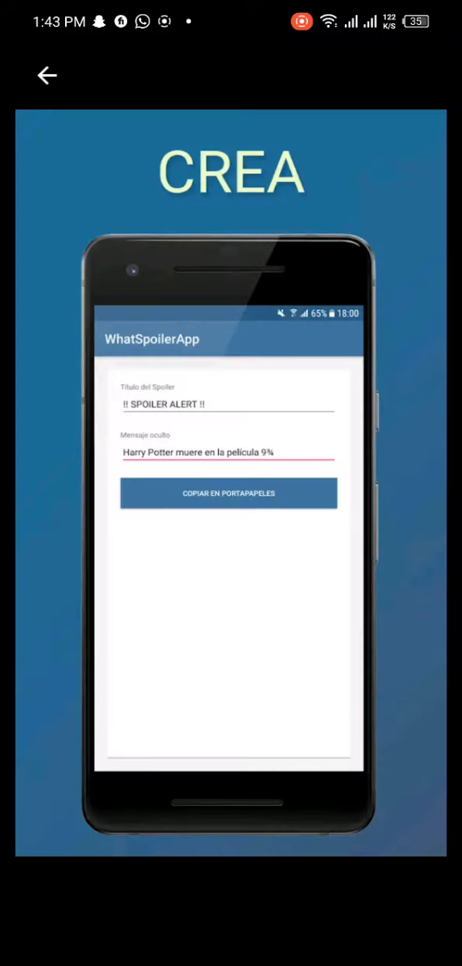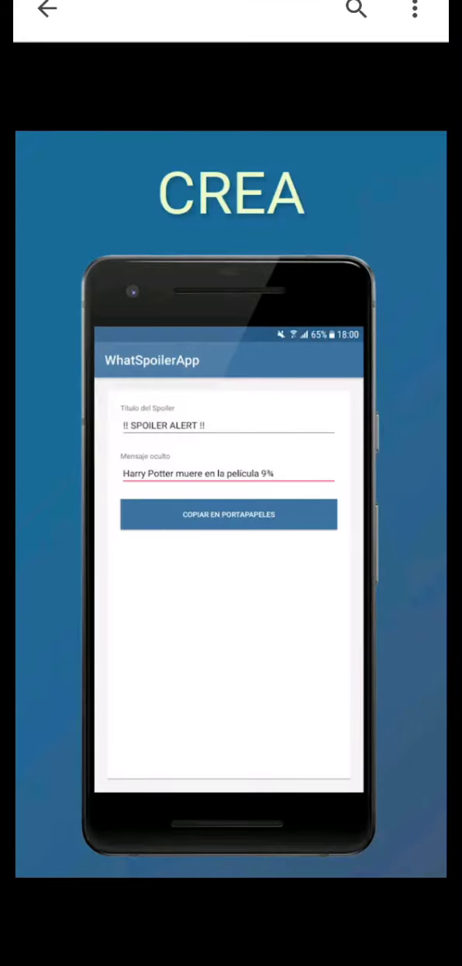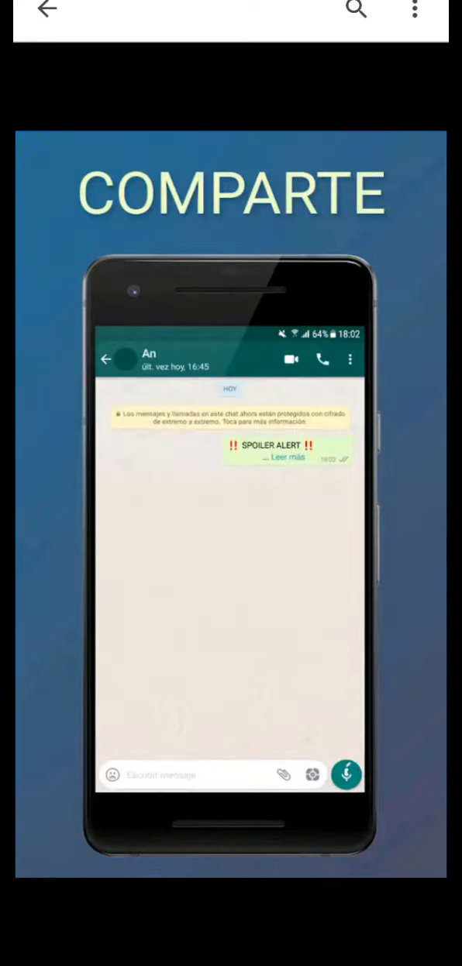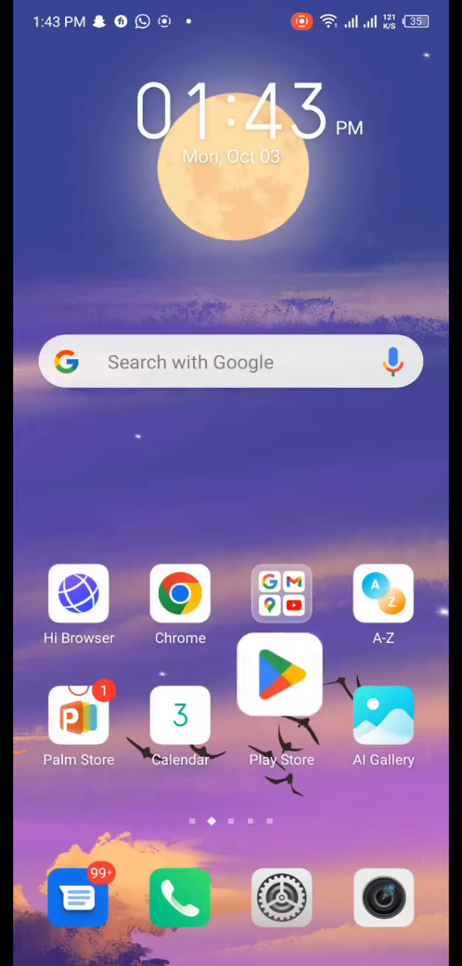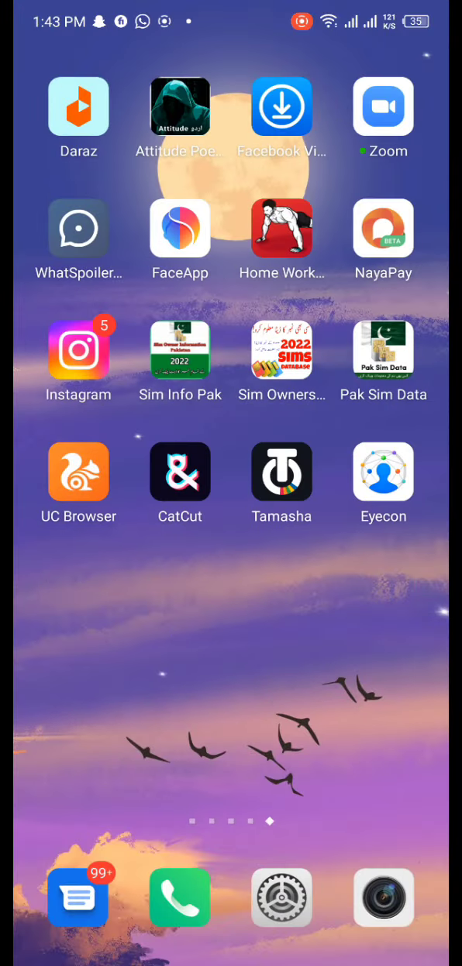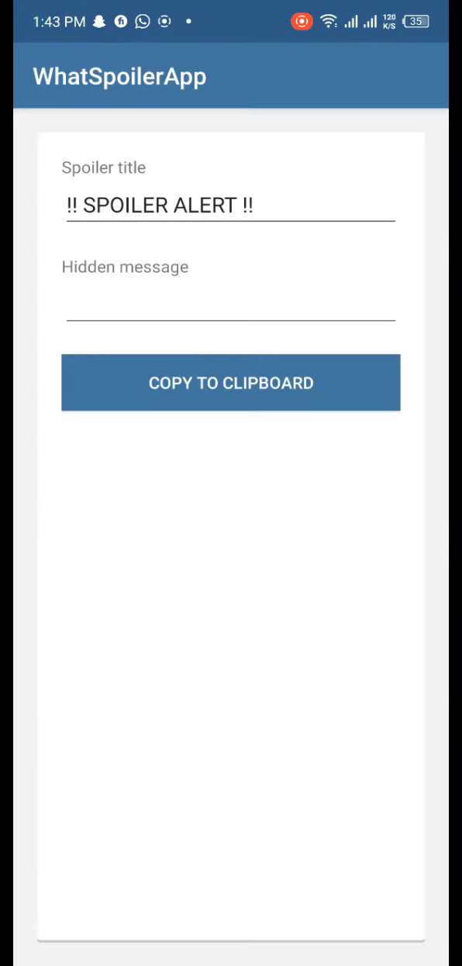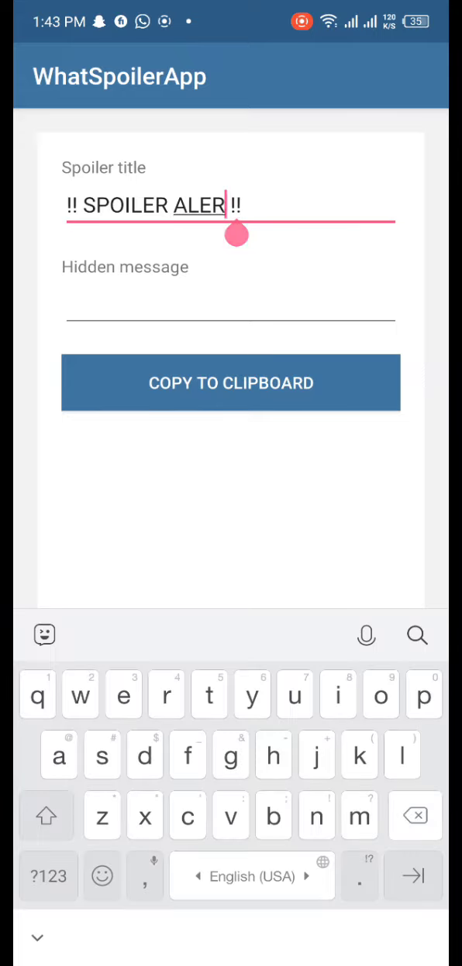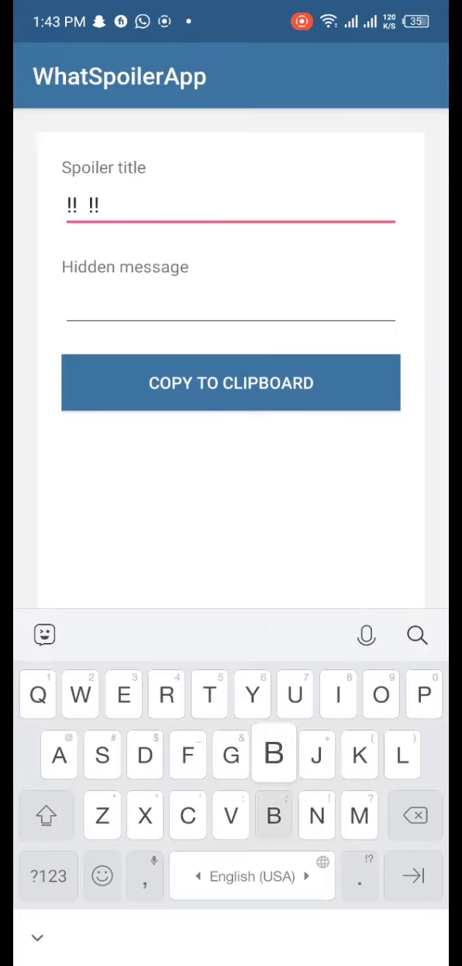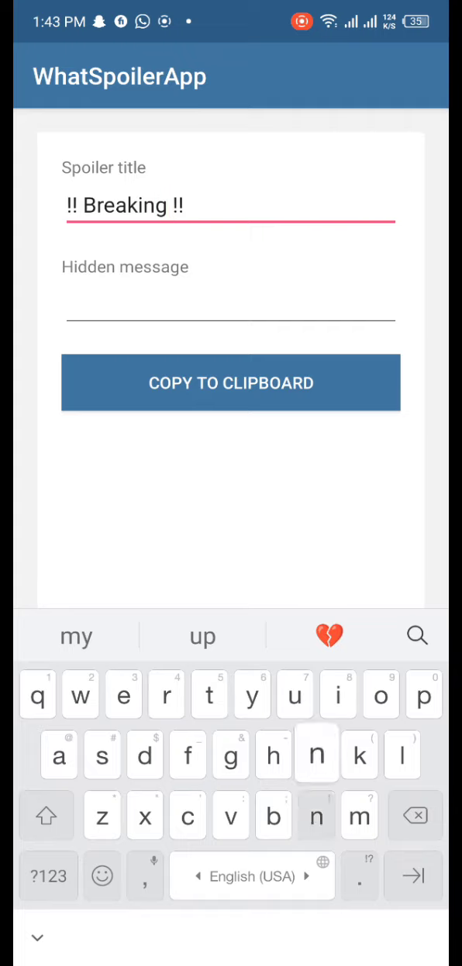Then it will show a screen like this. On the upper letters you simply need to write your message. Now I am showing you how you can use this application. Now here you can see your surprising message, like breaking news,